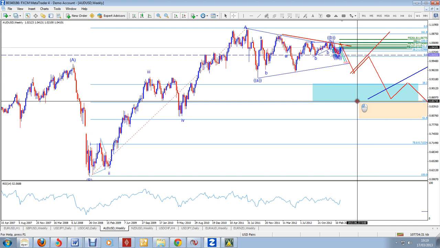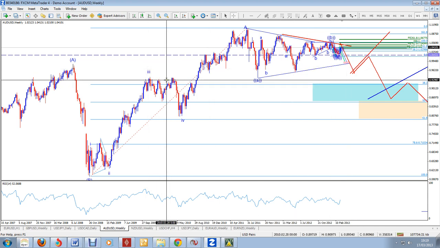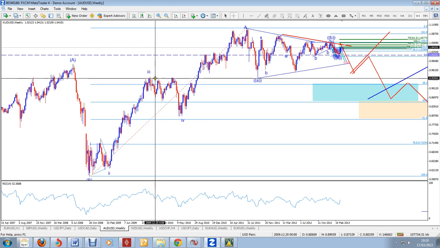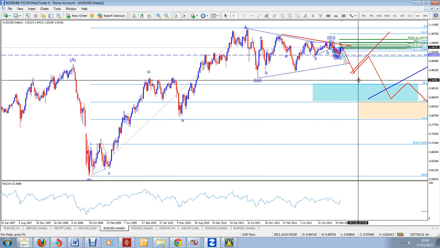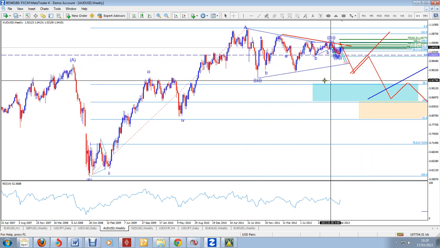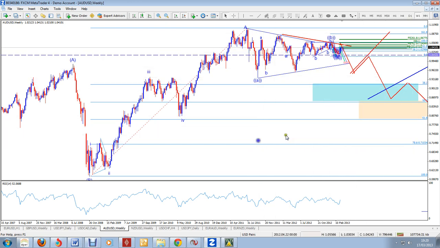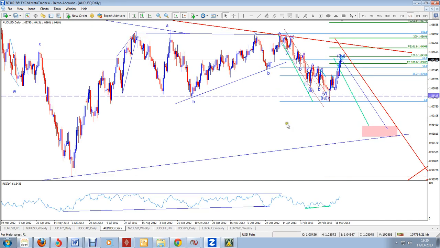85 area. Okay, or even down to this level, which is around 93. So previously it had a lot of resistance, broke through, had a support here, and could come back into that area as a support. Then this one will finish up like a strange looking triangle, but not a triangle anymore. It will be wave A, wave B, and wave C, like a normal zigzag coming into this area before continuing higher. So for the time being, for the rest of the week, I'm expecting Aussie dollar from this chart with a view that it will be declining quite strongly, something similar to this, or maybe stronger.